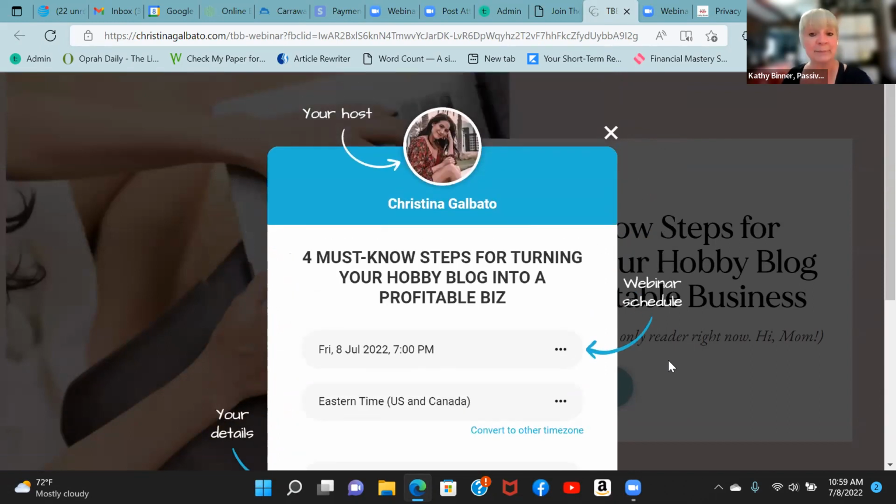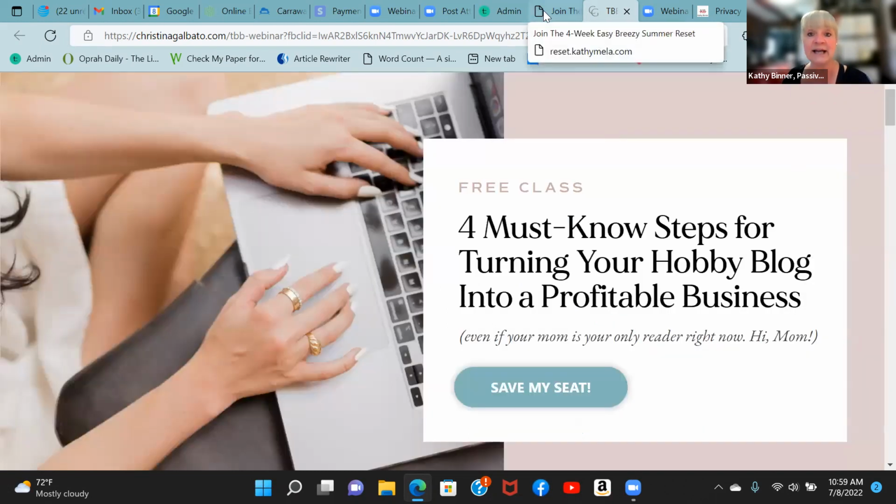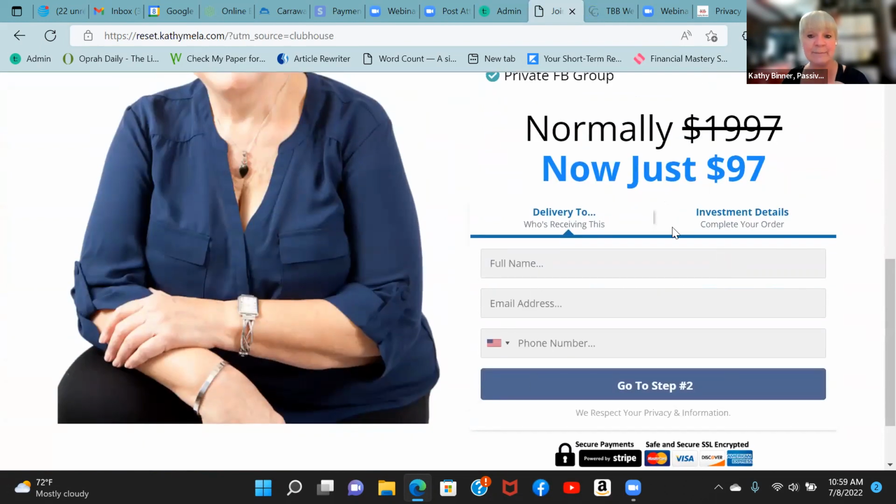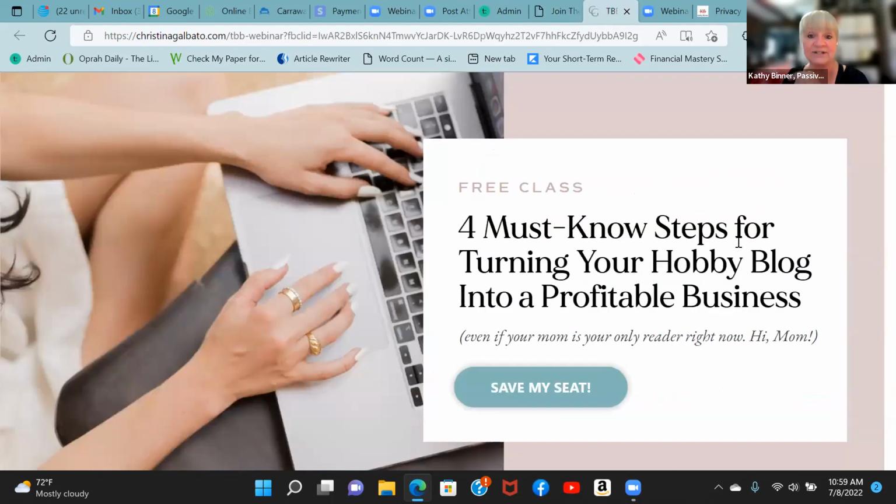Now, hers was a pop-up. Yours does not have to be. Yours can be just like Kathy's. See, hers is right here. She embedded hers right into the funnel. You didn't have to click to get to the form. Her form is right here. So again, there's different ways to do that. So she could have put the form right here instead of a button to